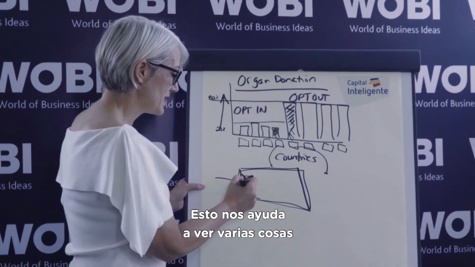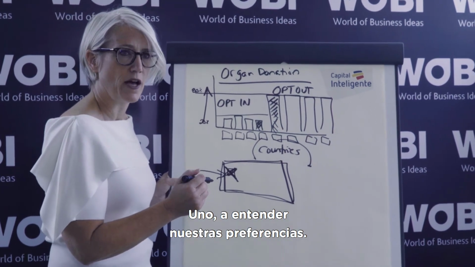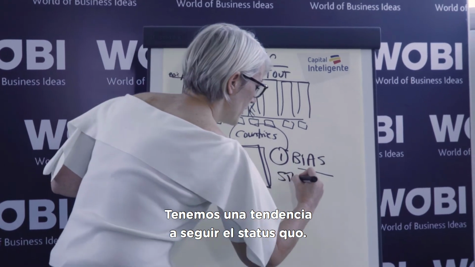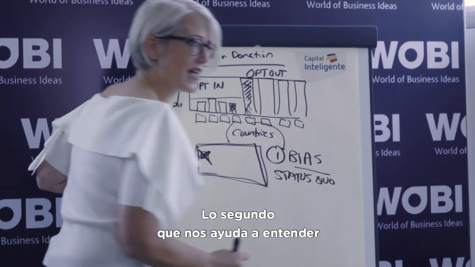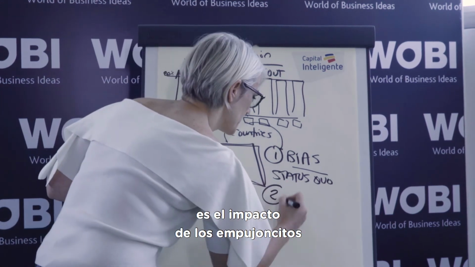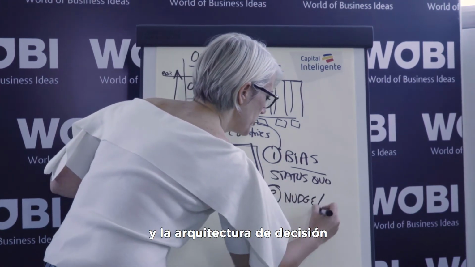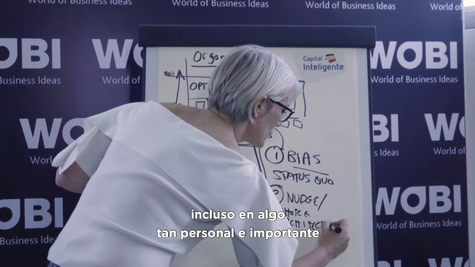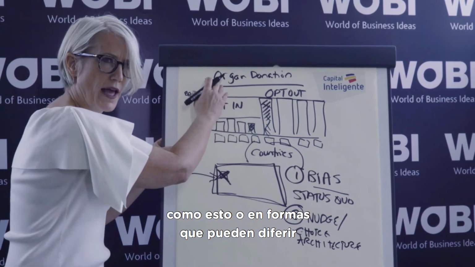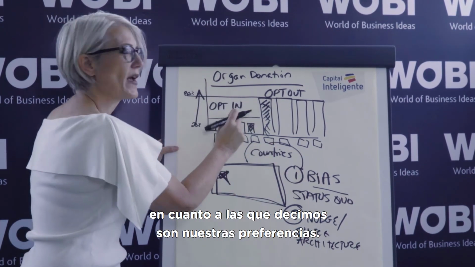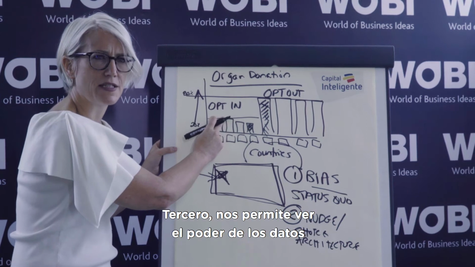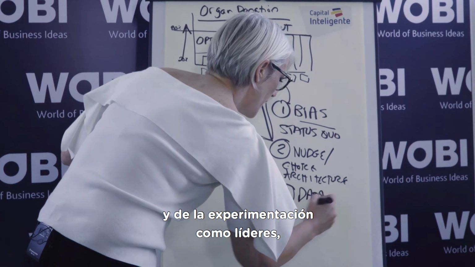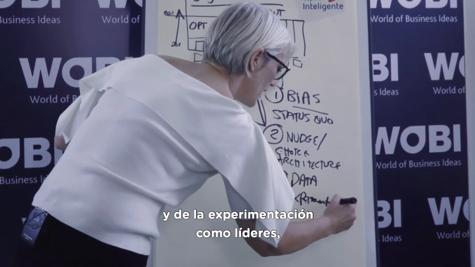So this helps us to see several things about behavioral economics. One, understanding our bias, that we have this tendency to go with the status quo. The second thing that it helps us to understand is the impact that nudge and choice architecture has on our behavior. Even something as deeply personal and meaningful as this, even in ways that might be different than what our stated preferences are. And third, this lets us see the power of data and the power of experimentation as leaders,